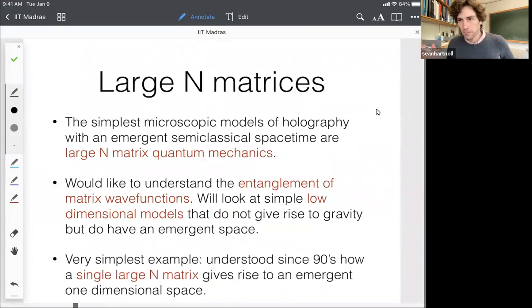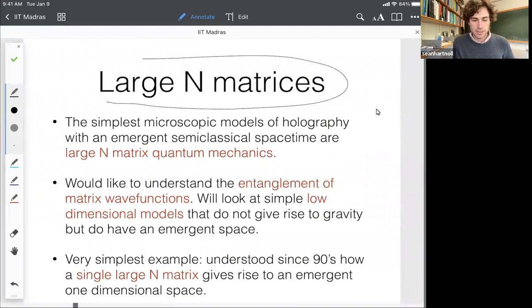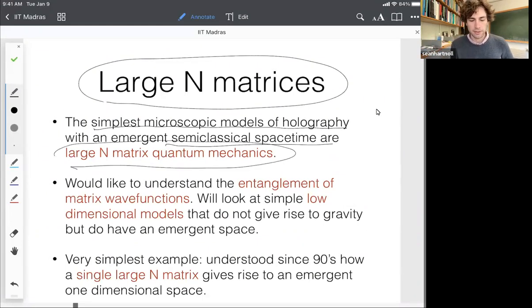And so they're not spin systems, right? And so the natural class of microscopic models to think about involve large N matrices. That's because it's been understood for a long time that the simplest microscopic models of holography that actually have semi-classical gravity, so have something like Einstein gravity in them in a semi-classical regime, are large N matrix quantum mechanics. This could also be a large N gauge theory, in which case just put it on a sphere,